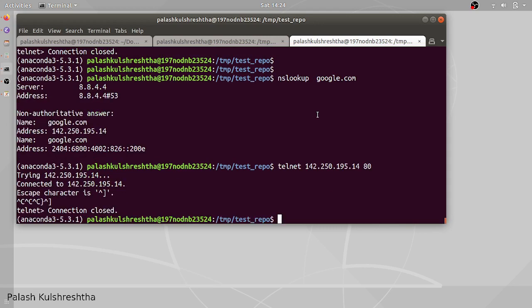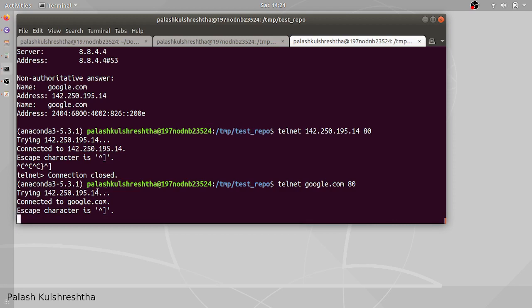So a domain name is basically a mapping from human readable text to the IP address of a server or machine. Even when we are doing telnet google.com, it was connecting to the IP address behind google.com. google.com doesn't have any specific identity.